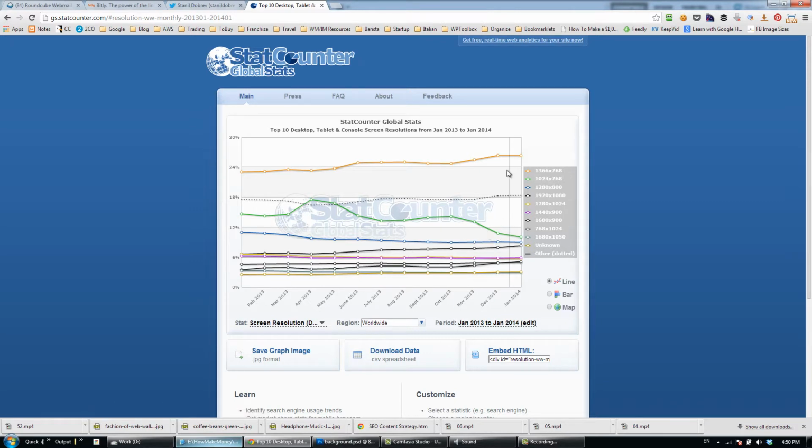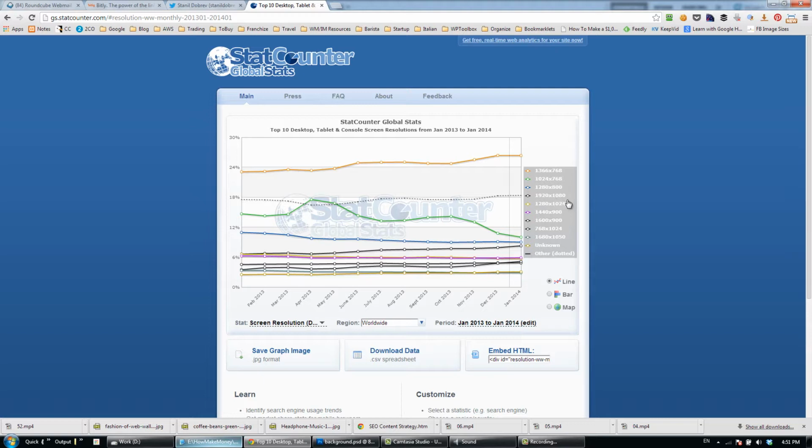And here you can see that the most popular resolution now is 1366 by 768, but we should also see which is the biggest, the widest one, and you can see it is 1920 by